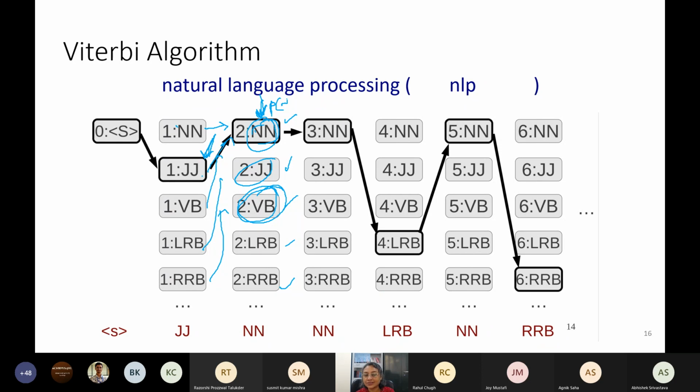So given the rest of the sentence, my possibility may change. Okay, I will give an example. I'm just writing some sentence. Suppose you get "the". What is the most likely part of speech? Determiner. Then I find "old". What is the most likely part of speech of "old" in this partial sentence? Adjective. Then I find "man". What is the most probable part of speech of this given "the old man"?